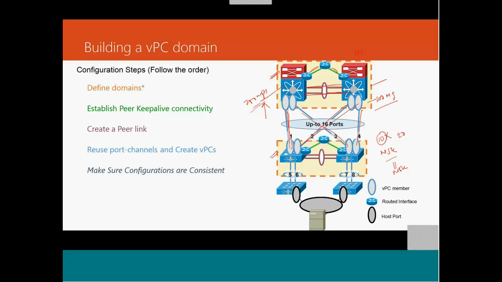Do these kinds of boxes support non-stop upgrade or something like that? If you have a 100 meg card on one side and then you are upgrading to a later version, then you might actually have this working scenario, right? Sorry, I didn't get your question. So how do you do the upgrades? Do these boxes support non-stop upgrades? ISSU, you're talking about in-service software upgrade? ISSU upgrades are supported, but